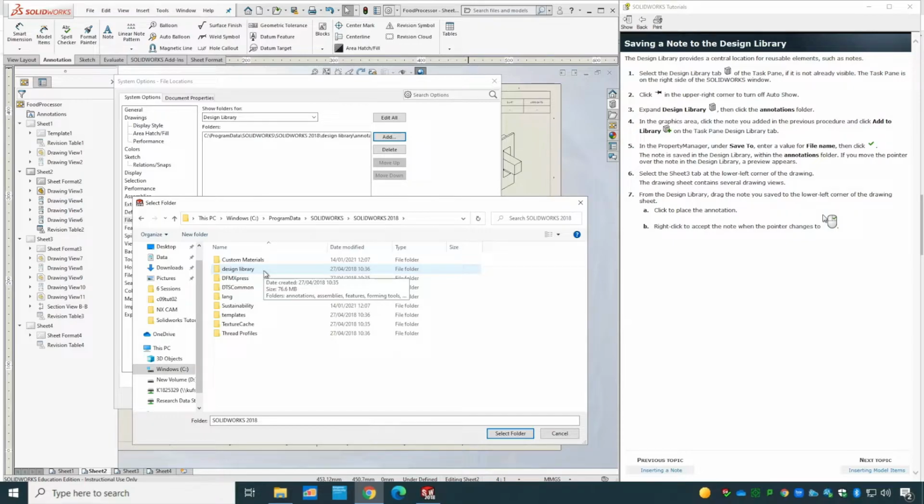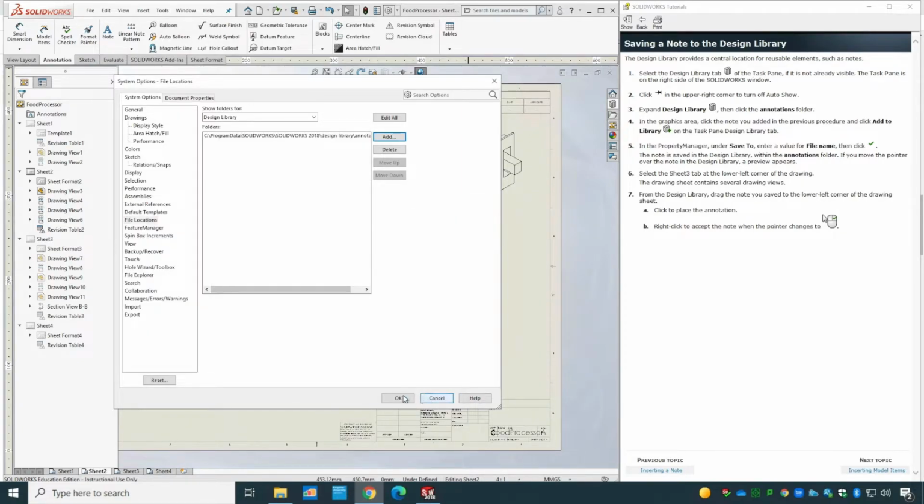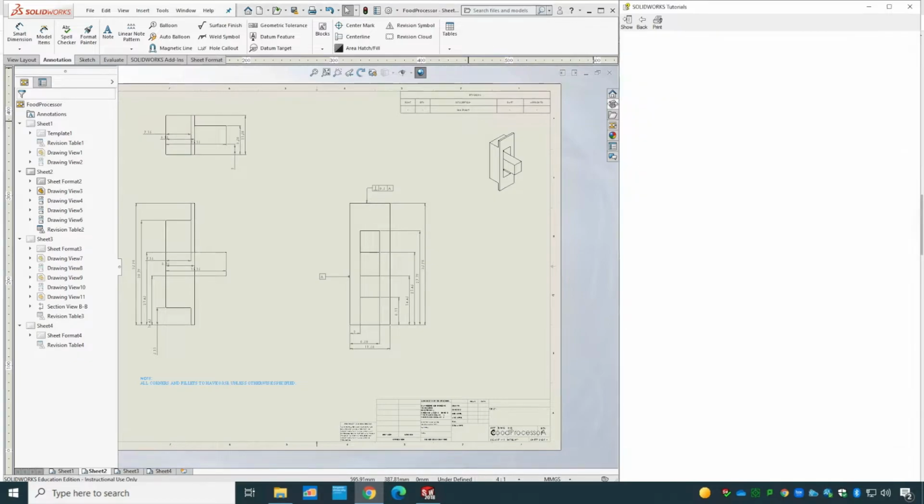And it's the design library. In design library, you want the annotations and click select folder. So once you click on that, it brings it for you. You might get an error that you are not the admin, but don't worry, it would automatically add it for you anyway. And click OK. If you do it like that, then into the design library, the annotation would be